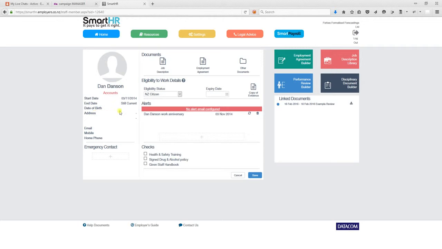They cannot be edited here, only displayed. His record's fairly thin. We can, however, add certain elements like a picture, emergency contact details, and obviously then all the documentation. So if we just, for the sake of this example, flick back to Smart Payroll,